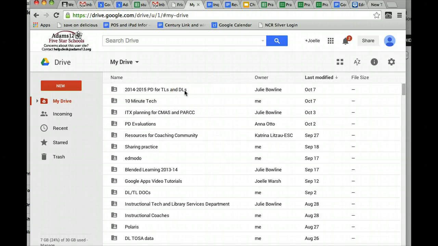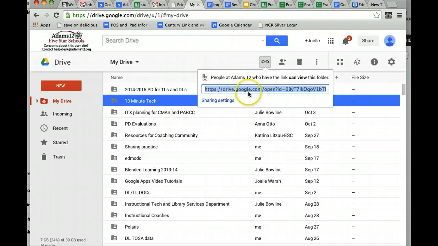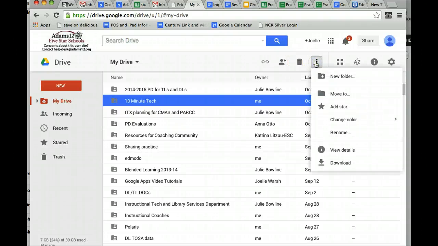In order to do something with a file or a folder in My Drive, you used to be able to check things off, and there would be a checkbox, and then you would have choices appear. Now you need to click on it, and then you get your extra menu choices. So you have Show Link, which will show you the link if you want it. Here is where you share. Here is where you could remove or trash something. And here's the other action menu where you can move things somewhere, change the color if it's a folder,